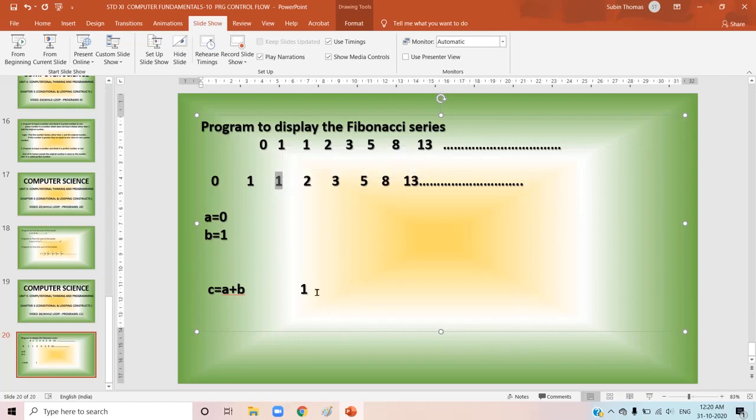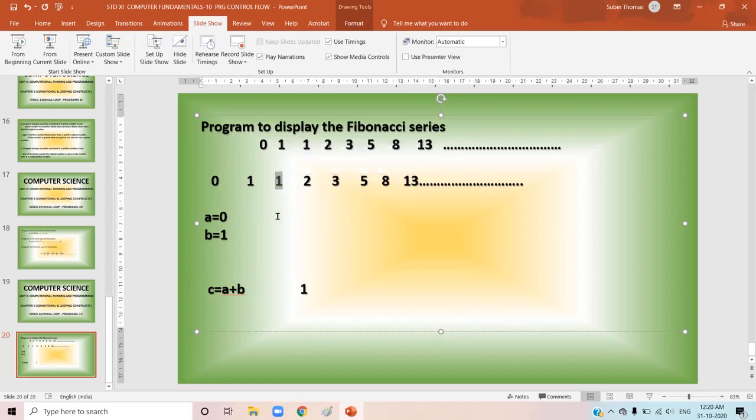And then in the next step, you have to calculate the next number. Listen here, all of you. Here you want to add these two numbers. In the previous case, you added these two numbers and got the third number in the series.